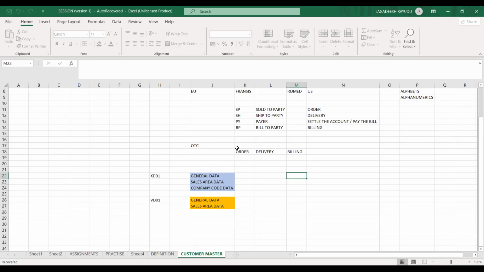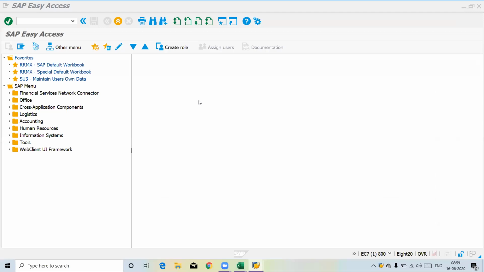So let me reshare my screen once I have logged into SAP. Could you view my SAP screen? Yes, I can see it.